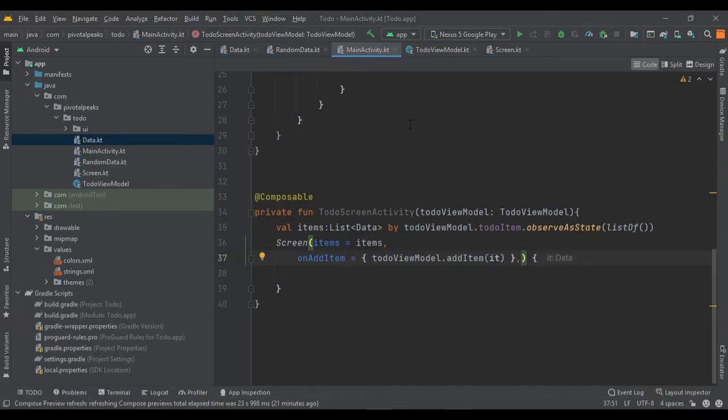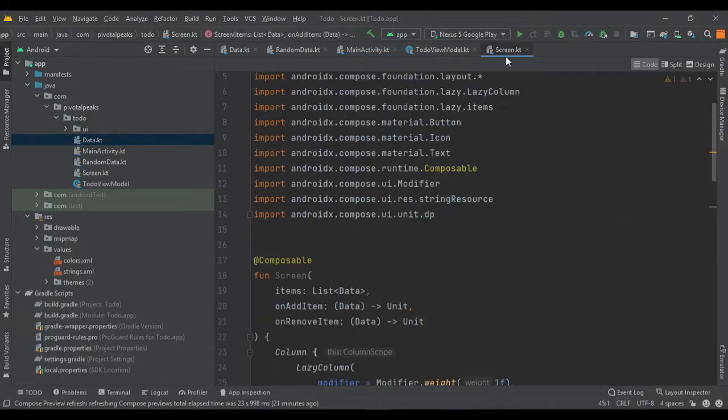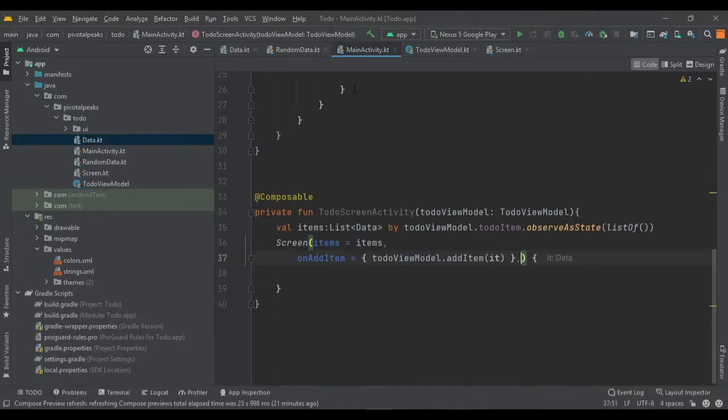Did I create the remove item in the screen? Oh, I did create it, so it should take it as a parameter. Yeah, it's taking it. I don't know why the first time it did not take it.